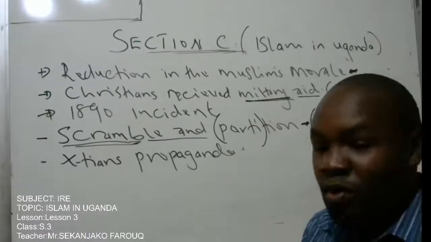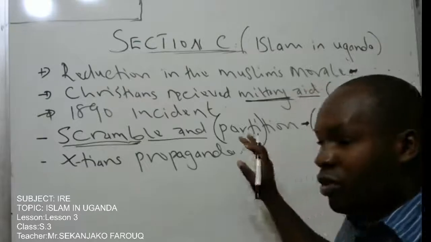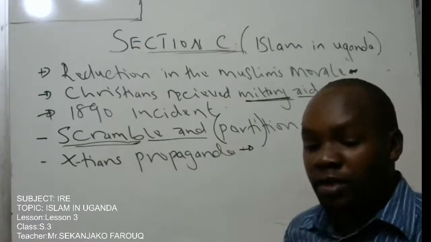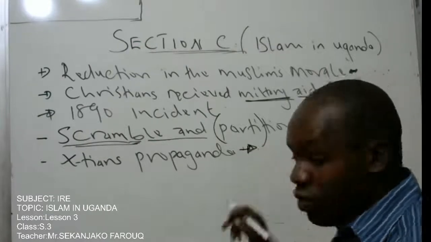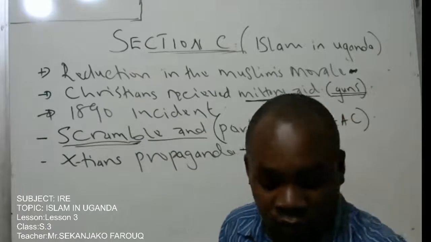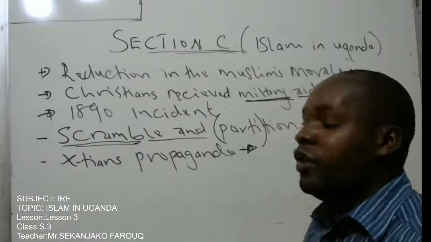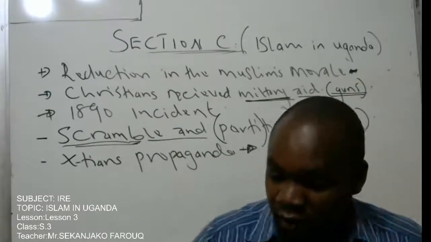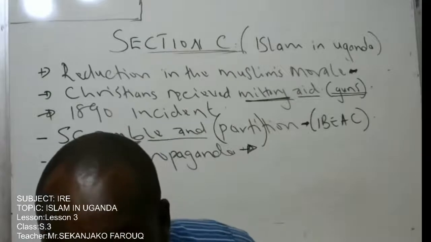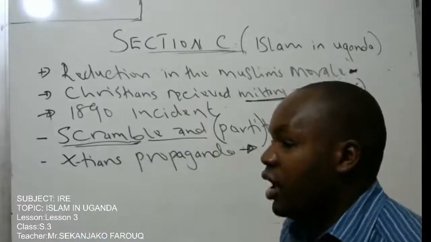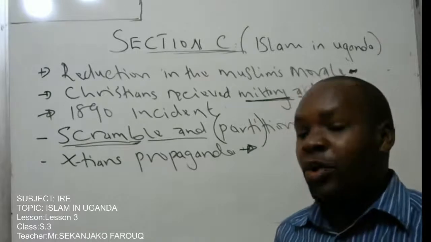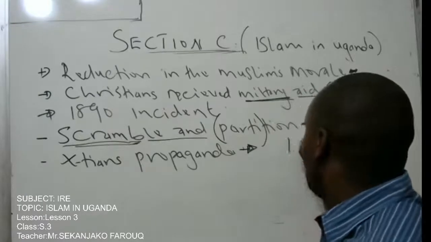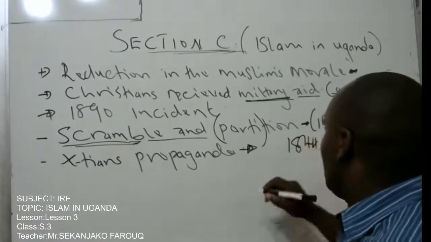What did this lead to? Very many Christians now had to fight with a lot of zeal and morale to make sure that they were not defeated and circumcised. And you all know how difficult it would be for many of the members to be circumcised if they were not circumcised during their young days. And of course you all know that many people fear to be circumcised, and that is one of the reasons why we have few converts in Uganda, despite the fact that by 1844 Islam had already come onto